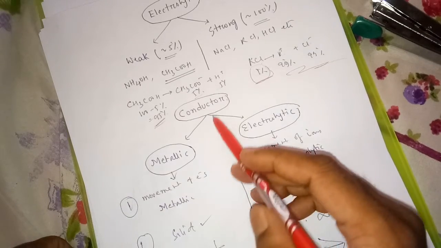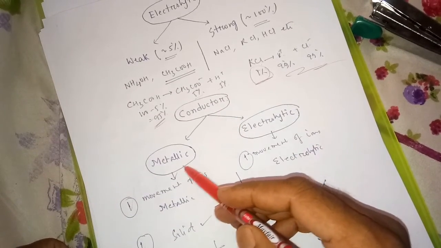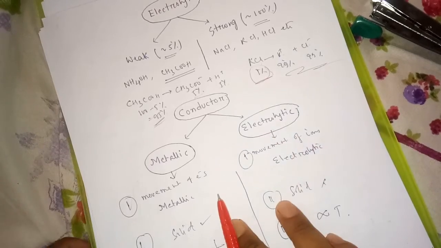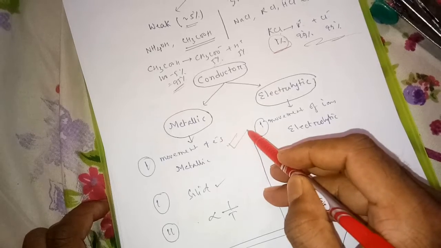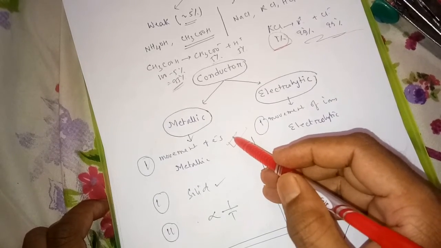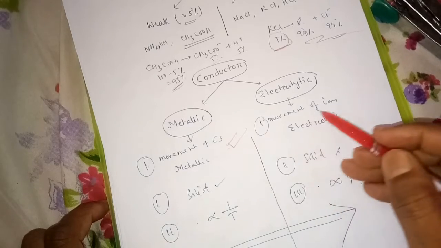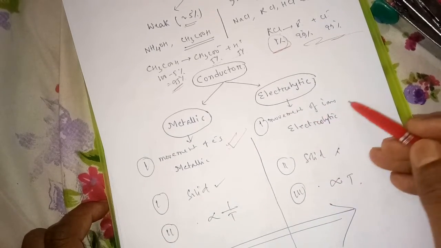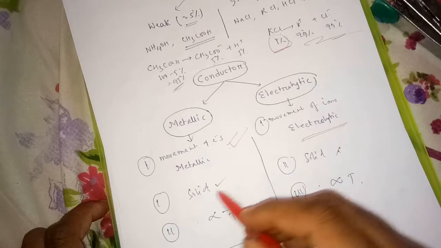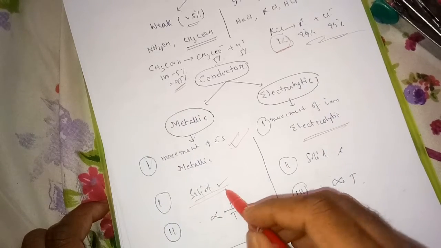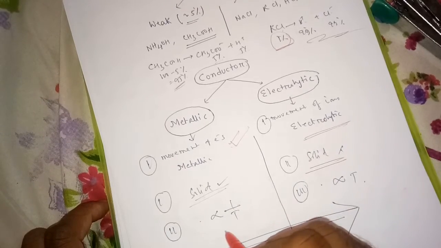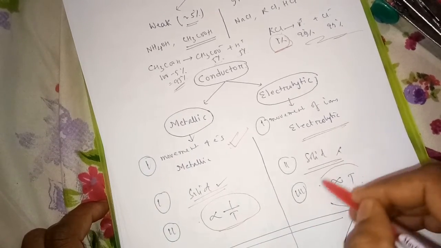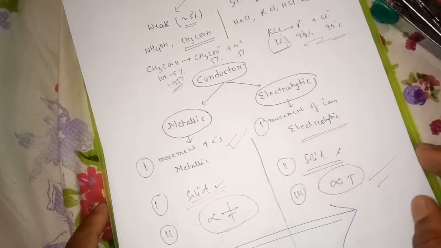Now we have to read about conductors. Conductors are of two types: one is metallic conductor, another one is electrolytic conductor. Metallic conductors conduct electricity due to the movement of electrons. Means in a copper rod, the electrons are there, and electrons are responsible for the conduction of electricity. And in an electrolytic conductor, the movement of ions is responsible. It cannot conduct electricity in solid state. Metallic conductance is inversely proportional to temperature, electrolytic conductance is directly proportional to temperature. These things we have also studied in unit 1.